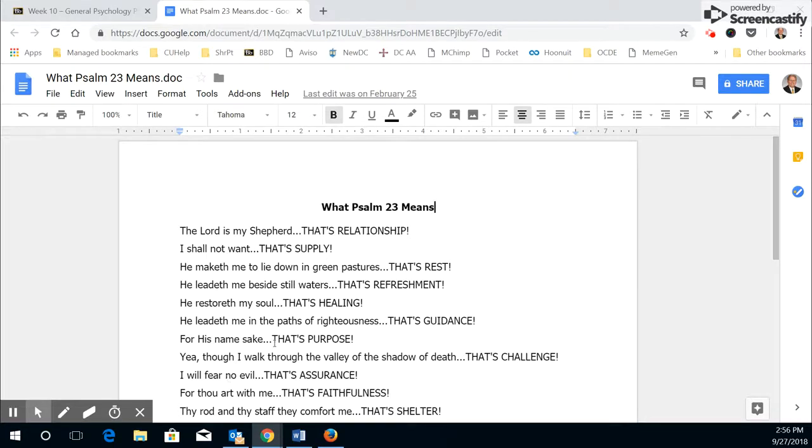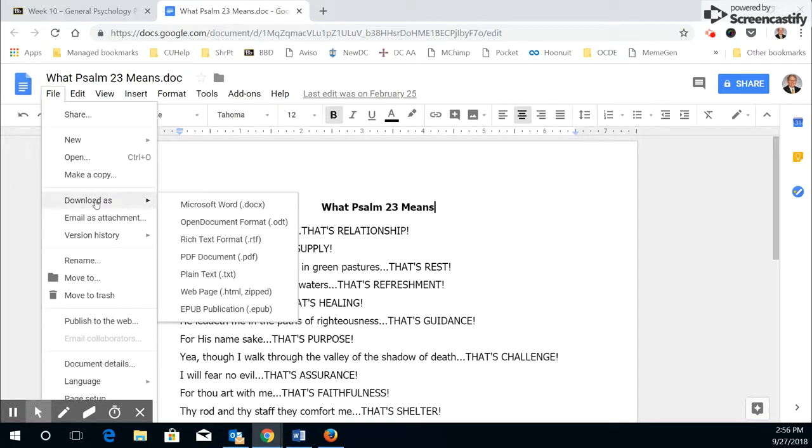So I'll demonstrate for you what it looks like in Google Docs. You go to the File menu and then Download As. You would then need to either choose the Microsoft Word, the DOCX version, or the PDF. Using an Apple product, it would be much the similar steps. You'll just want to save it as a PDF file